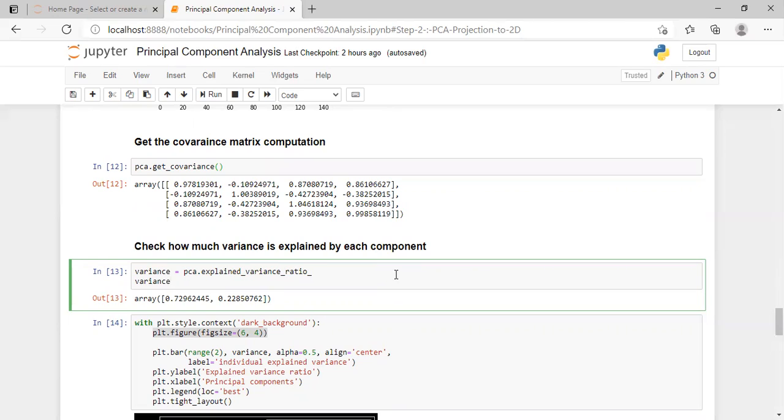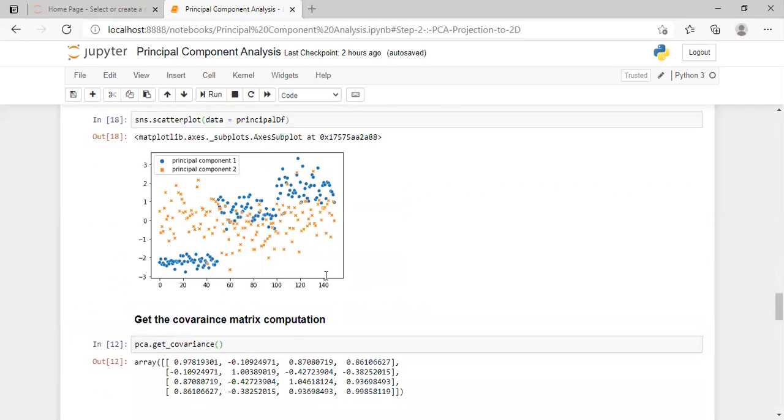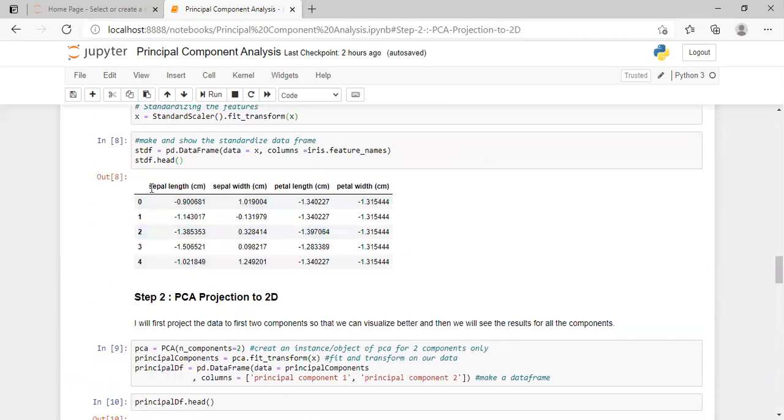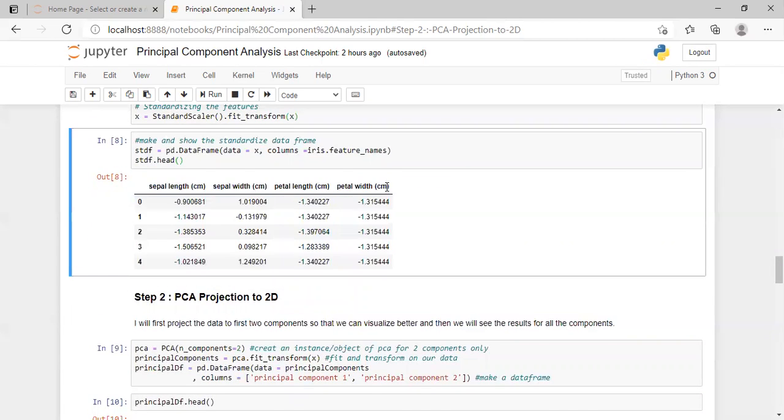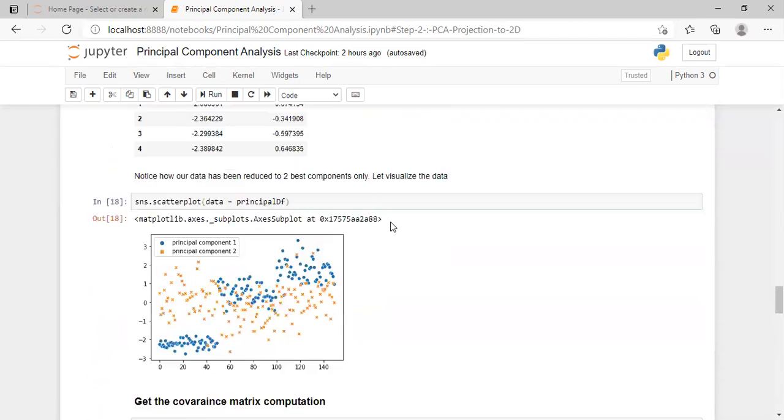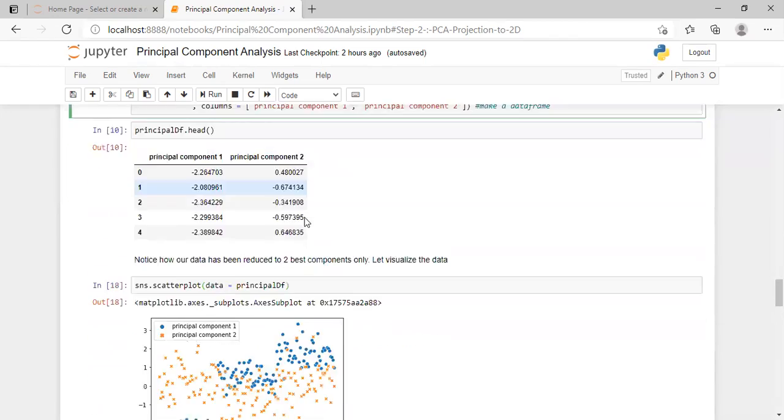So what principal component analysis does is that it captures the highest power of the data in principal component 1, and then the next in principal component 2, and then in 3 and 4. So in our data, we can only go up to 4 principal components. So the max would be 4 over here, but I'm just using n equals 2, as you can see.